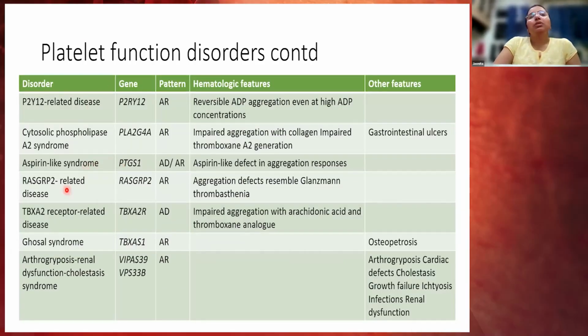Now the list continues, and here you've got further disorders, in which we have the RASGRP2-related disease. Again, the aggregation defect resembles Glanzmann thrombasthenia. In addition to that, we have the P2Y12 release defect, which has reversible ADP aggregation even at high ADP concentrations. In addition to that, in all these lists, we realize that there are some disorders which are associated with other